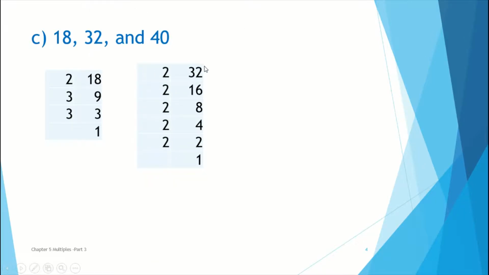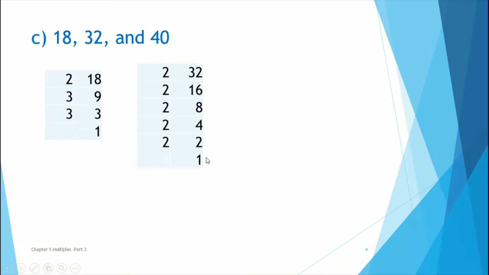So see, 32 is an even number, it can be divided by 2. When 32 is divided by 2 it gives quotient 16. Again 16 is an even number, it can be divided by 2. 16 divided by 2 gives quotient 8. You have to keep on dividing and write the number just below the other number. So 8 is an even number, it can be divided by 2. When 8 is divided by 2 it gives quotient 4. Again 4 is an even number, it can be divided by 2. So 4 divided by 2 gives quotient 2. Now 2 is an even prime number, it can be divided by itself. So 2 divided by 2 gives quotient 1.